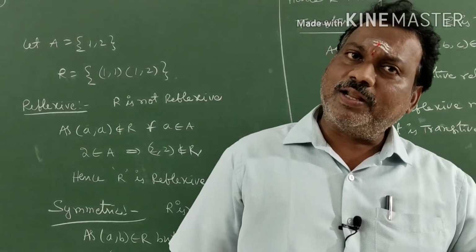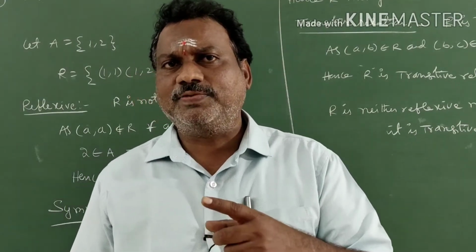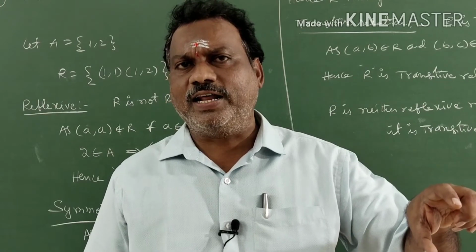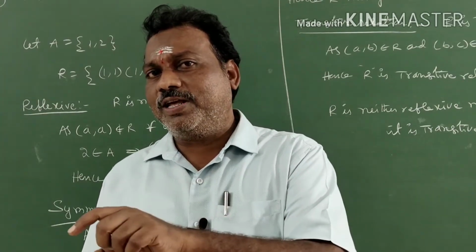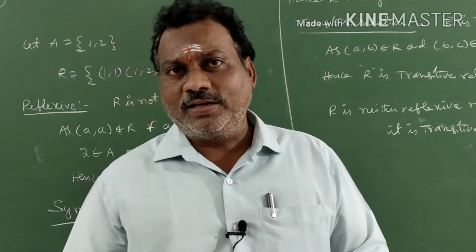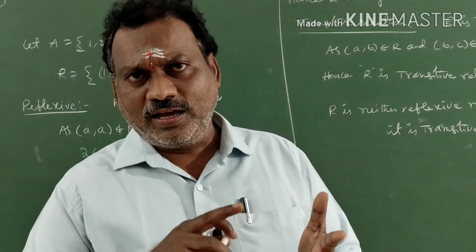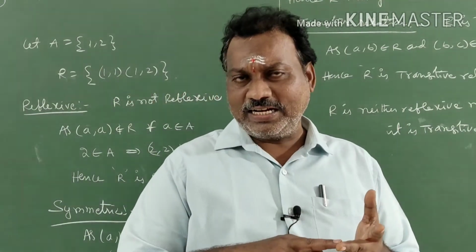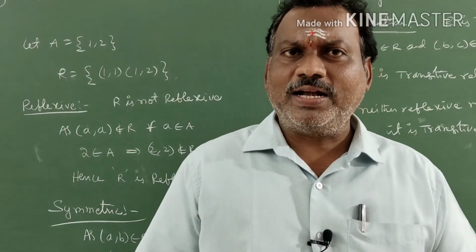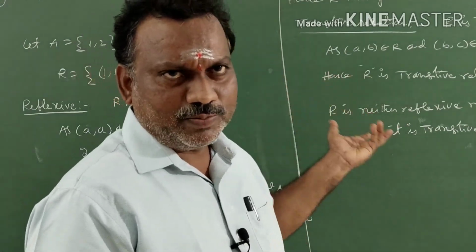But if A is a brother of B, and B is a brother of C, obviously A is also a brother of C. Why? Because if A is a brother of B, A is fixed, it is male gender. Next, B is a brother of C means B is also fixed male. But C may or may not be. Even though, A is a brother of C, that is transitive. So brother relation, sister relation, less than relation, these are neither reflexive nor symmetric, but always transitive. Like that we can also give examples instead of this.